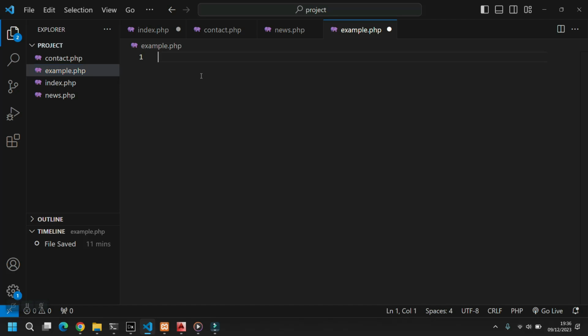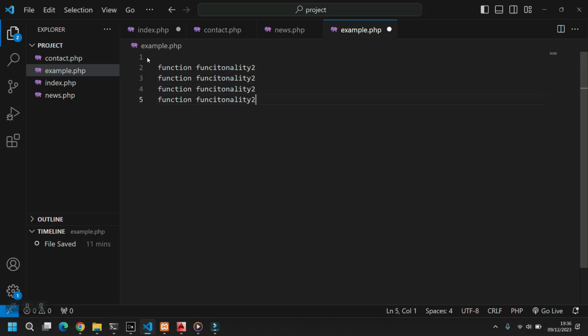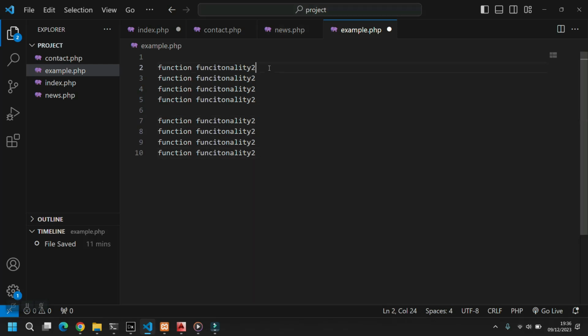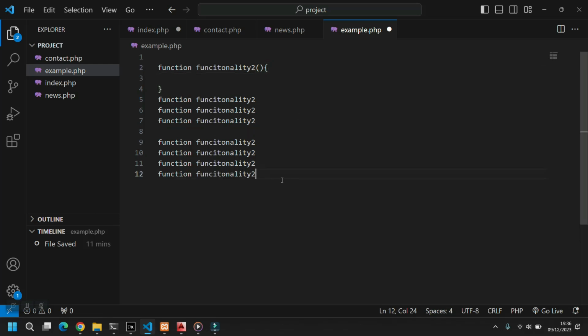you want to create a file where you have, I don't know, a lot of functions, no? You have functionality 1, 2, 3, 4. You have all these functions, and all these functions, of course, have their curly brackets, and you get what I mean, no? So if you want this functionality that you have created for your website to be available everywhere